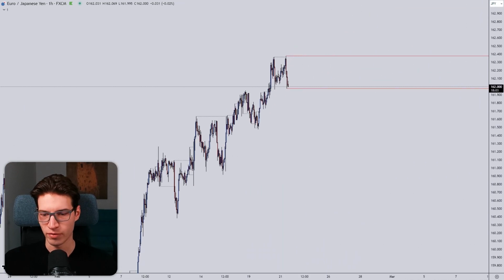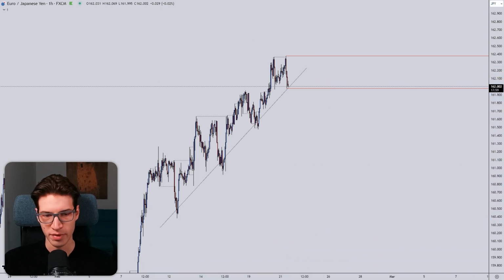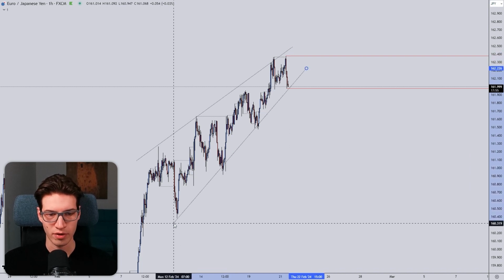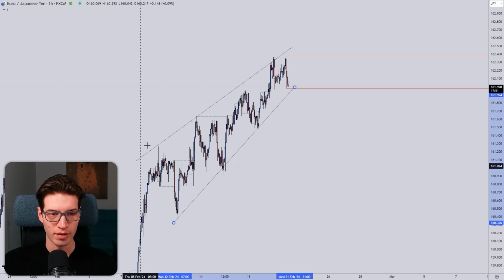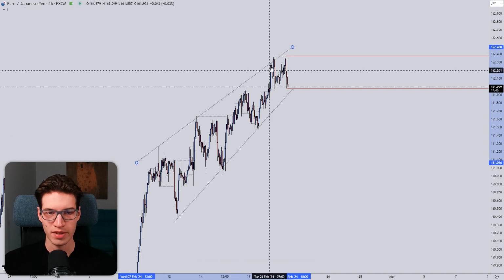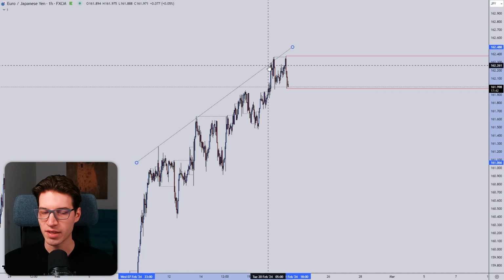It's a larger one. If we just zoom out a little bit, yeah, it's going. It has been forming for a long time. See these points, we can connect them like this, for example. These ones as well, connect the highs. 3 taps here, 4 taps right here. So has potential,